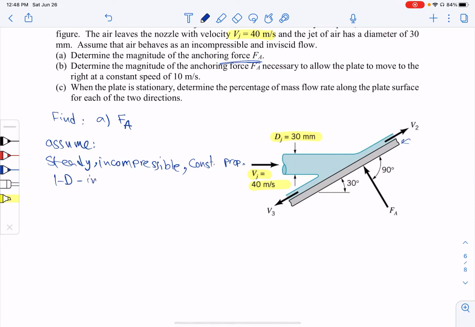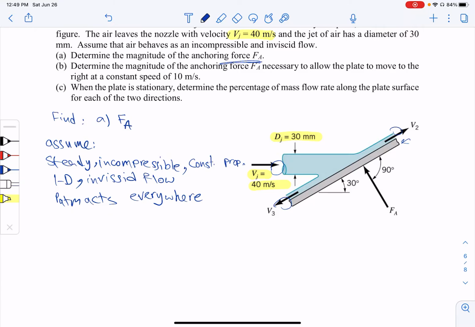We have inviscid flow because it's air. Also, because it's open to the atmosphere everywhere, we can say P atmosphere acts everywhere. Then we don't need to show it when we want to use the conservation of